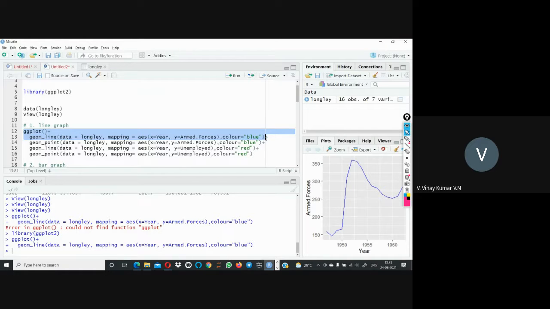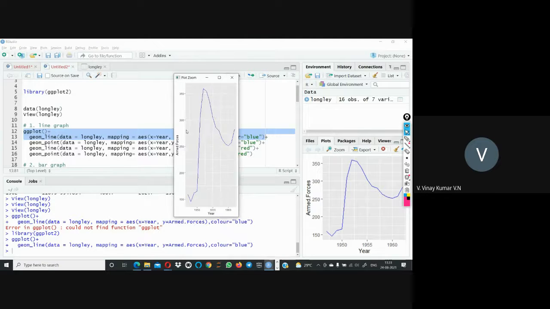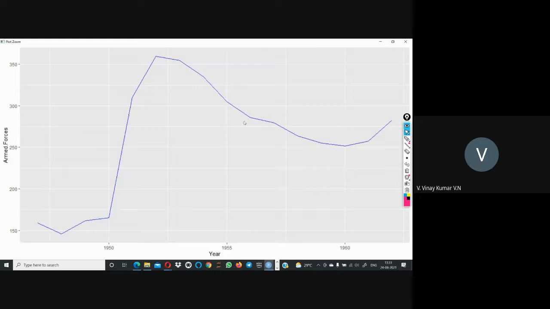I selected only the first line of the code, and this is the line graph we are getting for the data. So here we are taking year as the x-axis and Armed.Forces as the y-axis. This is the line graph we are getting.